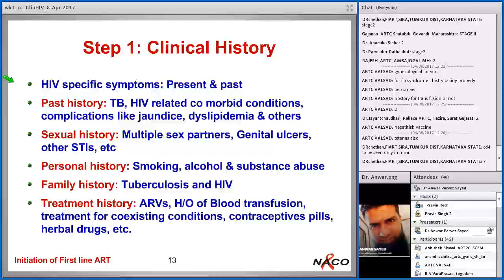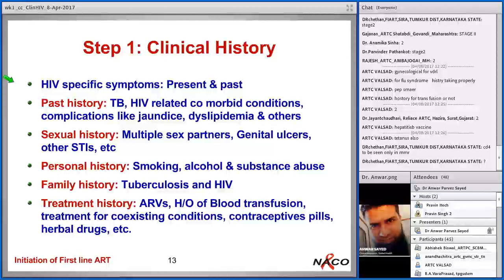So, but don't leave it. Otherwise, you will lose interest after some time while working at the ART center. If you are just giving ART and being mechanical in terms of following guidelines, you will lose all the clinical skills you already have. So please don't do that, and practice this, especially in the new patients.